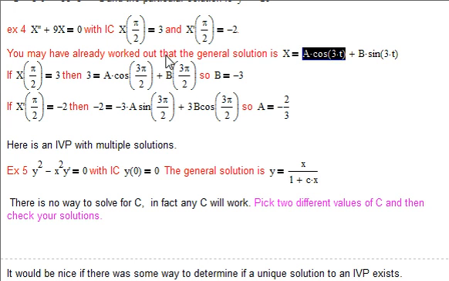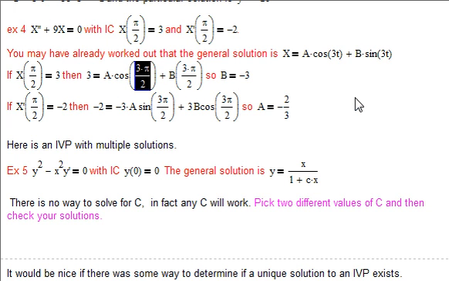But our conditions don't say that. It says x when t is pi over 2 is 3. So we put 3 in for x. When you put in pi over 2, 3 times pi over 2 is 3 pi over 2. And cosine of 3 pi over 2, everyone should know, is 0. So this whole part of it is 0, and when you put in sine of 3 pi over 2,